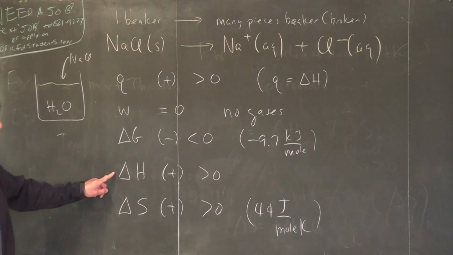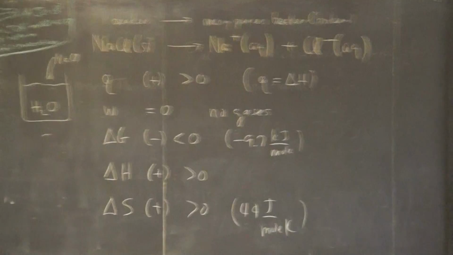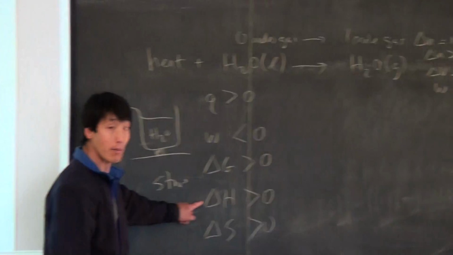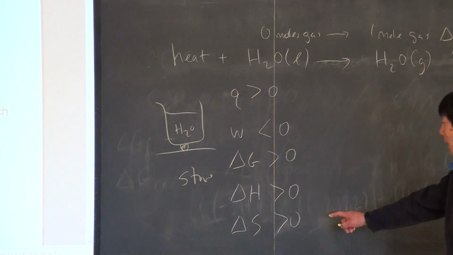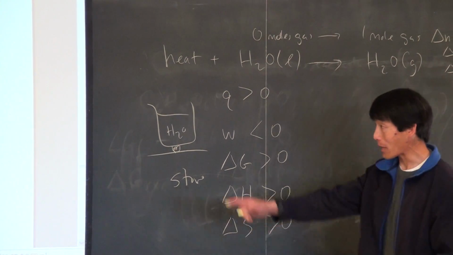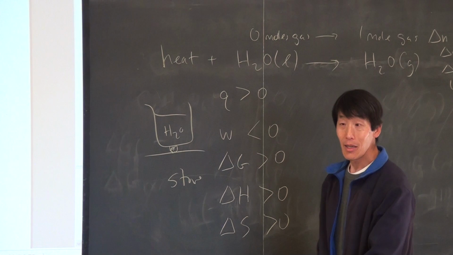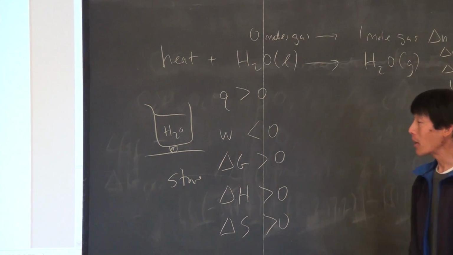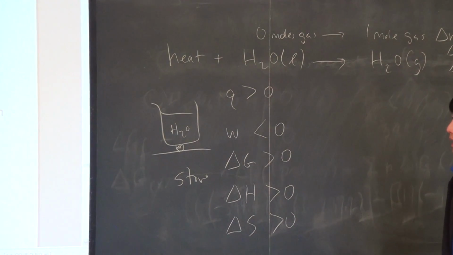No, because delta H is greater than 0. And is boiling water favored by enthalpy? No. Is this reaction favored by entropy? Yes. And is that reaction favored by entropy? Yeah. Okay, so note that these two reactions are favored by entropy but not by enthalpy, which means that